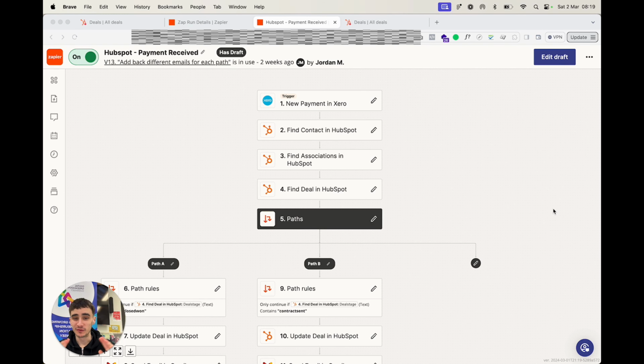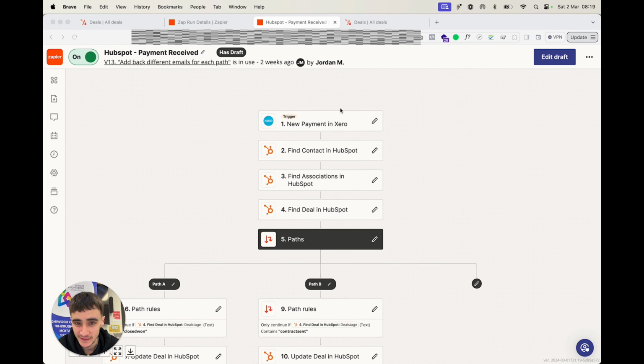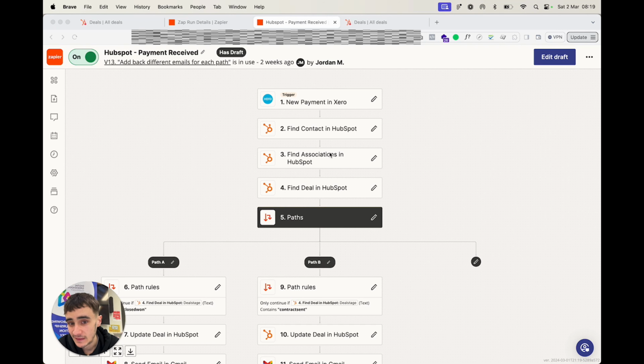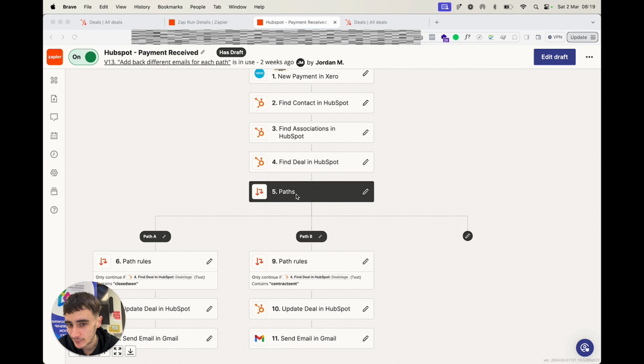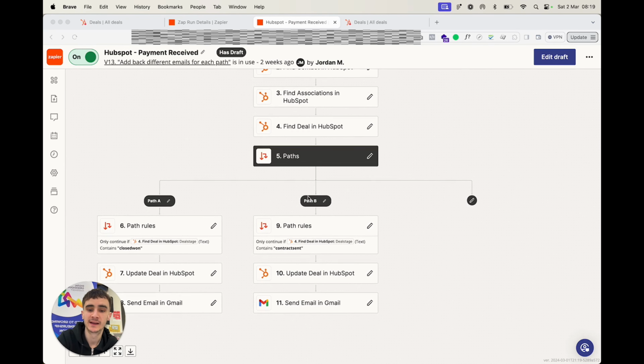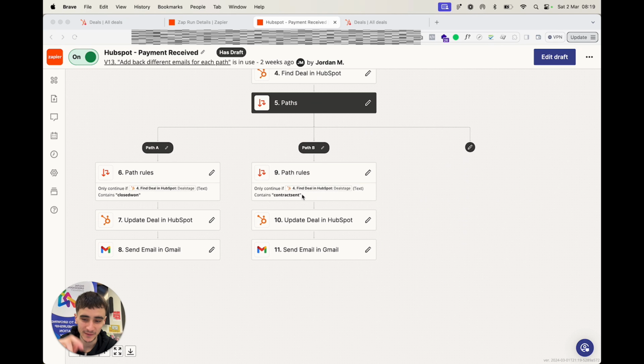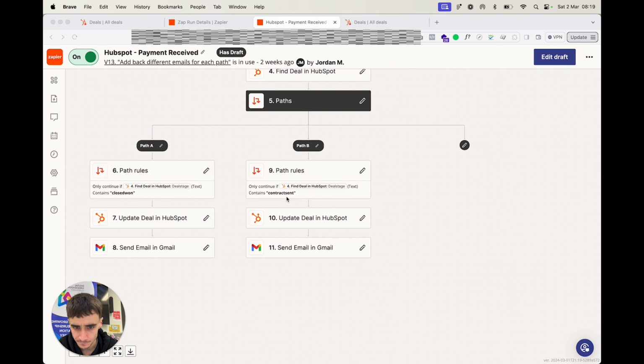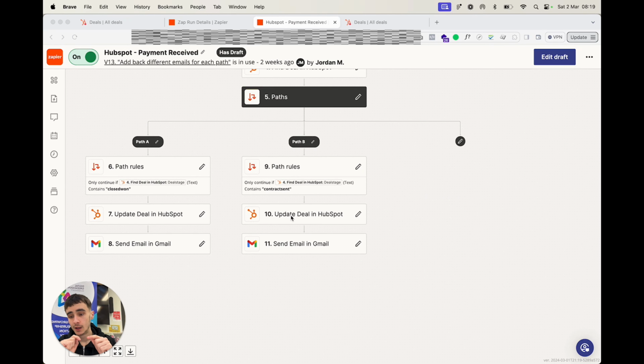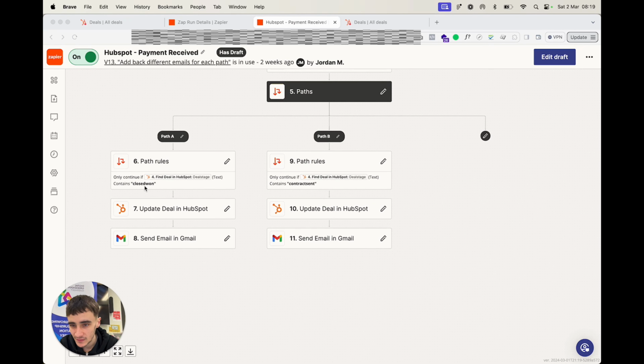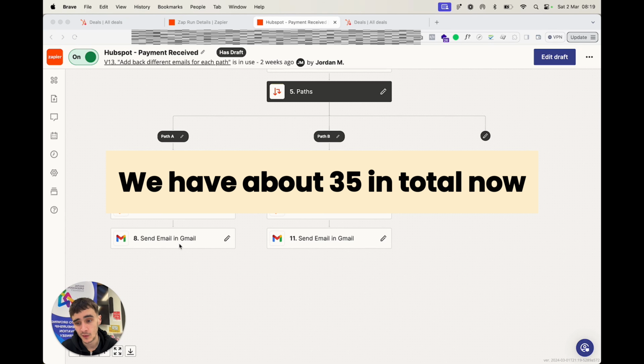Now this next one's pretty cool because as soon as that payment is received in Xero, find the contact, find the association and deal, and then we have a conditional path, which you can do in Zapier here. So if they're already in contract sent, update the deal in HubSpot to deposit paid and send them their welcome email with their onboarding questionnaire and their payment receipt. But if it's in closed won already, you just want to update the deal stage to say that the deal is finished and send them their goodbye email with the Facebook review link, which by the way, we have 28 5-star reviews,